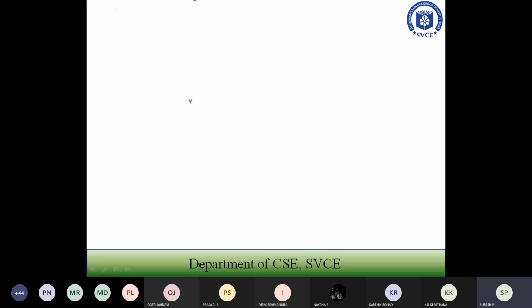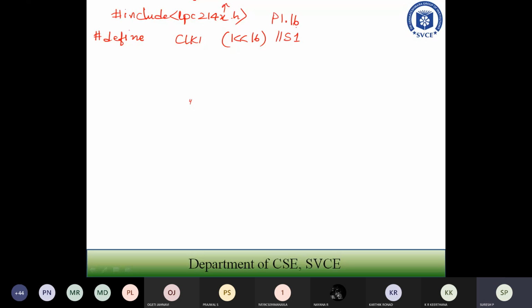Here also we start with #include LPC214x.h. That header file has the necessary functionalities and registers. Next I am going to define the clockwise direction and anti-clockwise direction. For the clockwise direction, I am going to set the 16th bit to 1. That is switch 1, which, as previously told, is port 1.16.